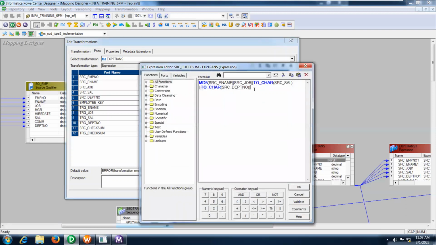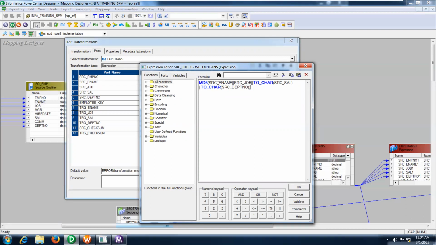By using the MD5 function, I added multiple columns that I am going to compare with the target data: SRC ename concatenated with job, salary and DPT number. The MD5 function will always provide the output in hexadecimal, and it will compare the source hexadecimal output with the target hexadecimal output.